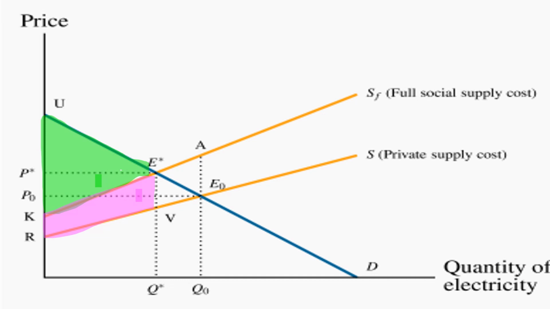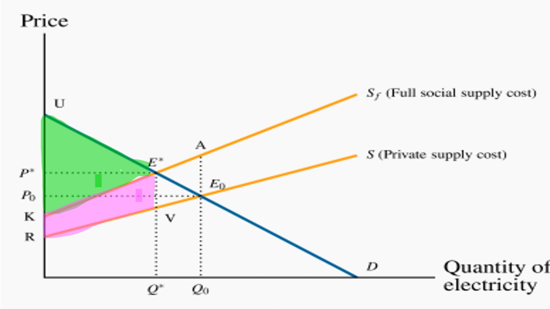What will happen if the output is reduced further from Q asterisk? If this ever happens, then consumers will not be able to purchase the good, as it would exceed the full cost of its production. Again, let us suppose that the government decreed that instead of producing Q asterisk, no pollution would be tolerated at all. In that scenario, society will have to forgo the possibility of earning the total real surplus that is equal to the area of UE asterisk K, which is represented by the green highlighted portion in this diagram.